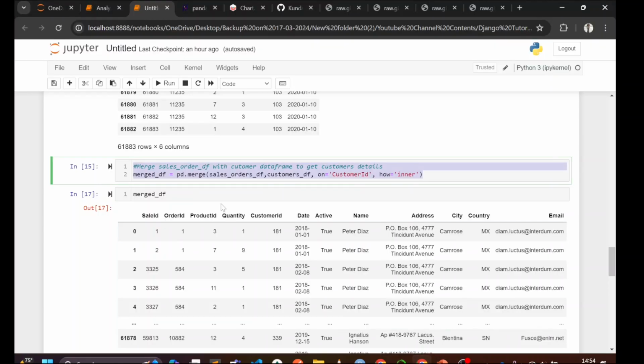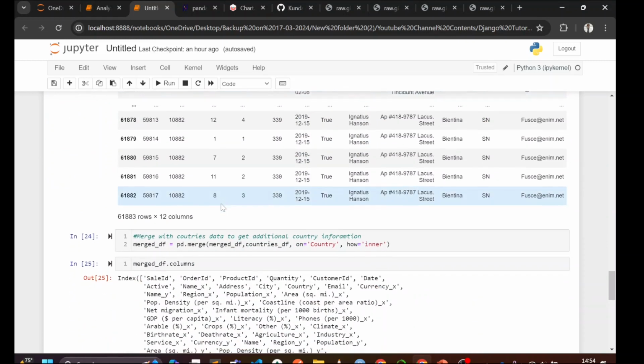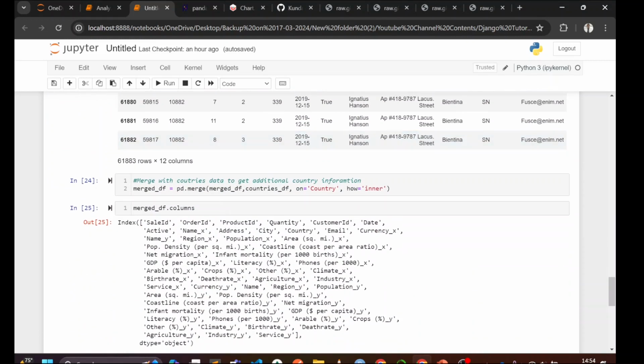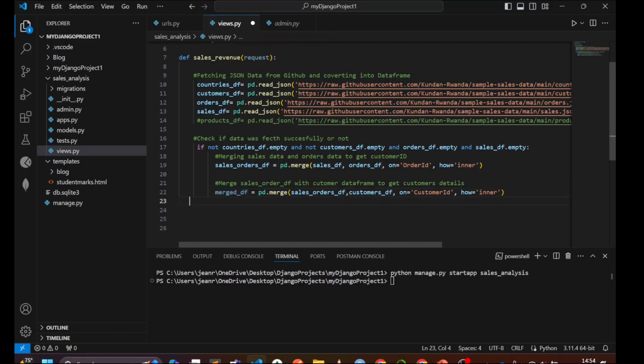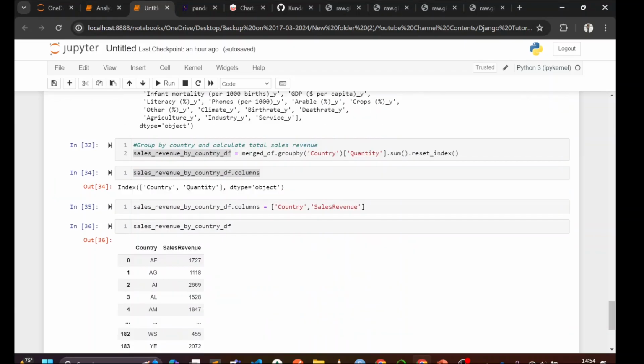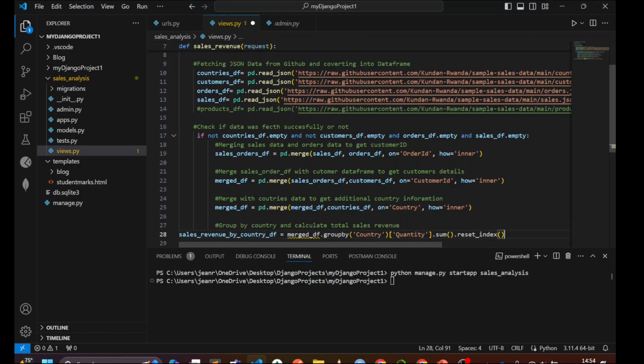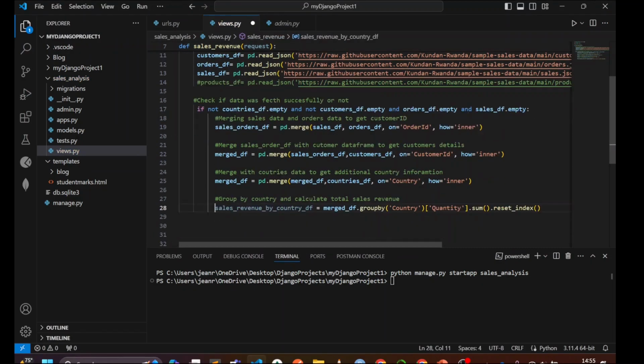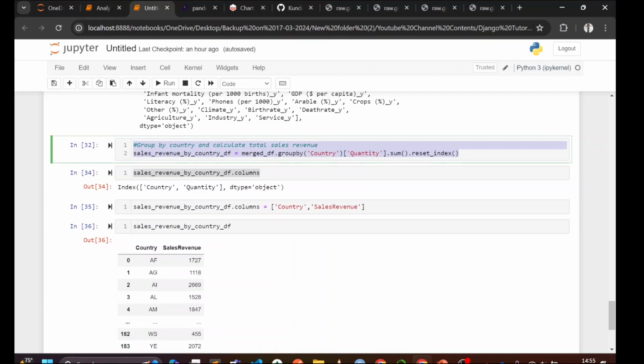Then we need to go to another one. We have self customers. After customers, we have merged with the countries. So we use this one, copy, then paste it here. Okay, then we have done these three. Now we need to use the revenue. So we do this one here, revenues, copy, then paste it here. Indent is important. Then we go and check the setting of the new columns,